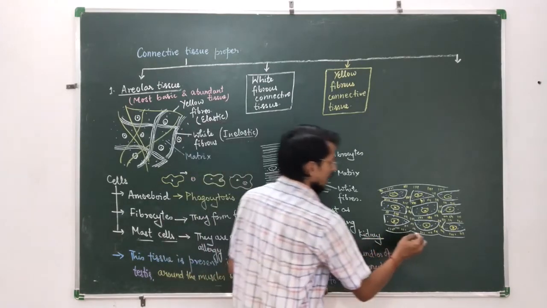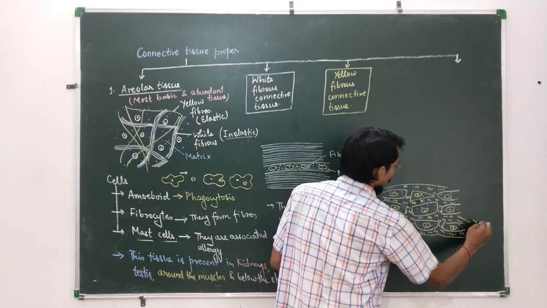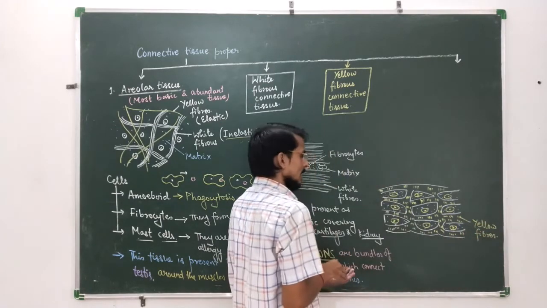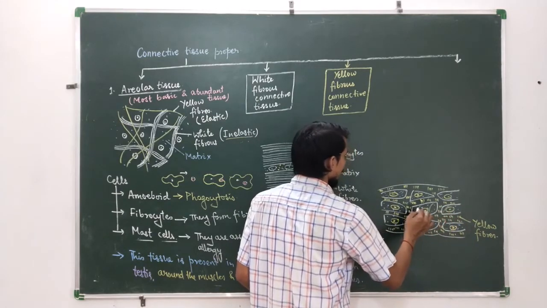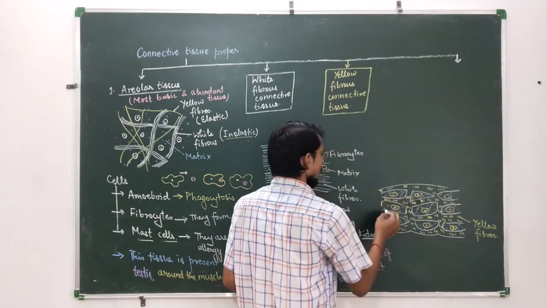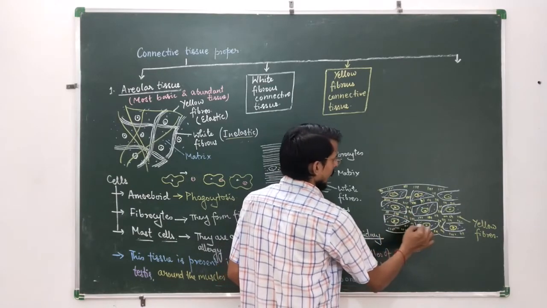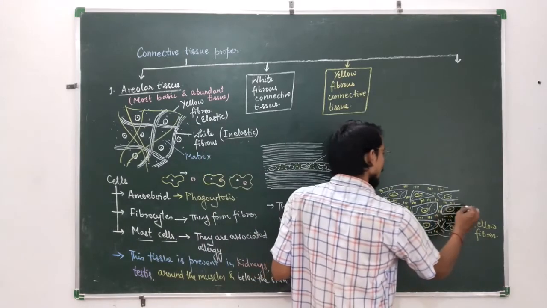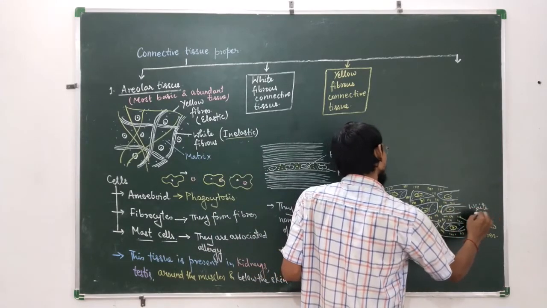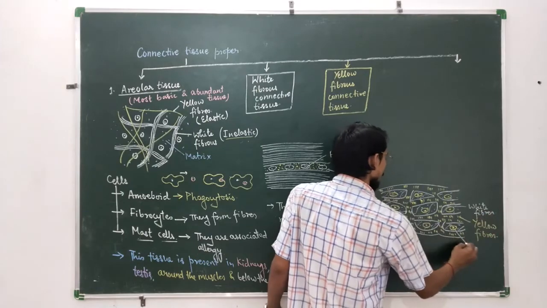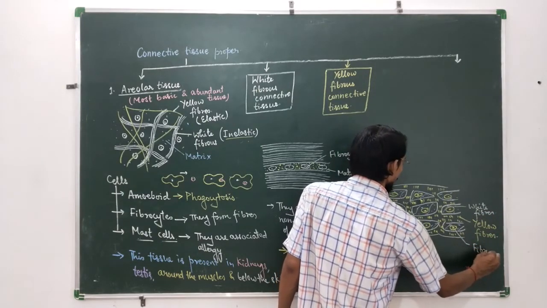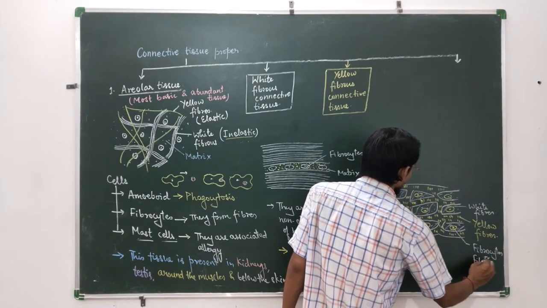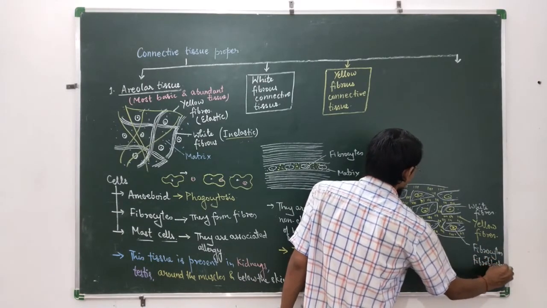So this is yellow fibers. They also contain some white fibers, but they are very less. You can make it here like this, but there are very few white fibers in numbers. Okay, I will mention it here. White fibers, and the cells are fibrocytes or fibroblasts. Okay,